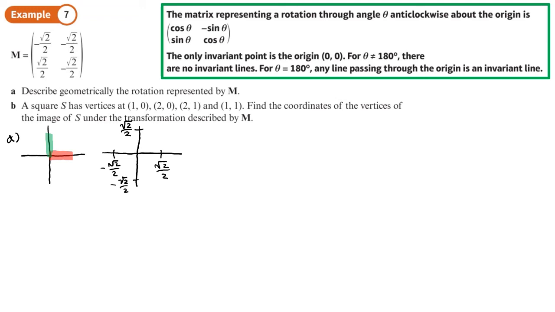So the first one has got a negative x coordinate and a positive y coordinate. So the red one ends up going up here like that, and the green one, well, they're both negative, so that ends up going down here. So I can see that this is a rotation of 135 degrees anti-clockwise